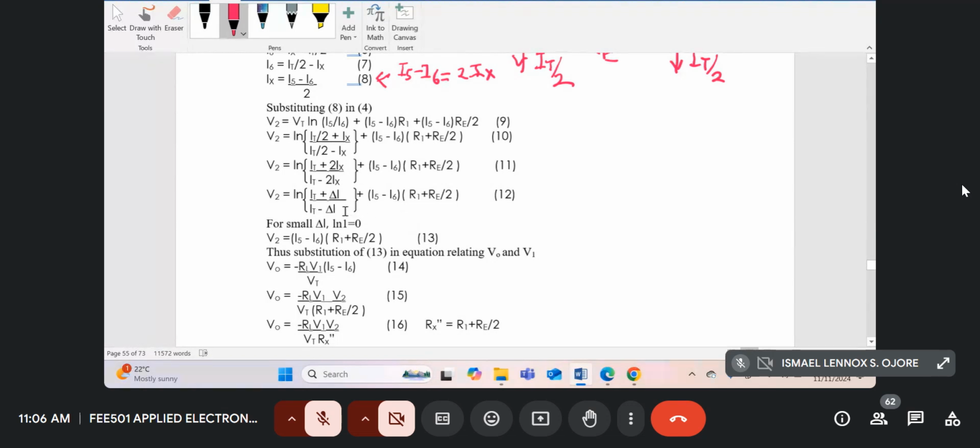Then I use a substitution, a delta I. I've substituted delta I is actually 2IX and said that for small delta I, this implies natural log of 1, which is 0. So 12 can be simplified as just equal to V2 is approximately equal to, although I've used the term equal to, is approximately equal to,